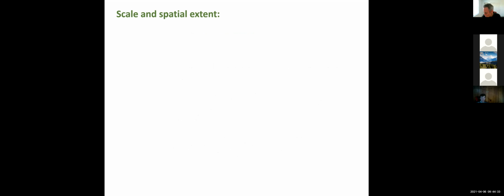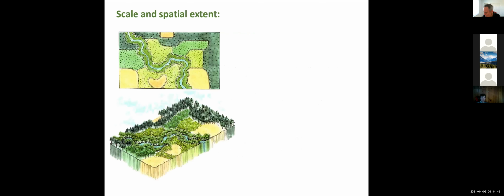And then it's also important to point out that just like with everything else in landscape ecology, the identification of a matrix in a landscape is dependent on scale and spatial extent. Right, so in this example we have a plan on top there, and then an axonometric below it. In this case, what would you say is the matrix? Does anyone want to take a stab at that? Which landscape type here is the matrix?